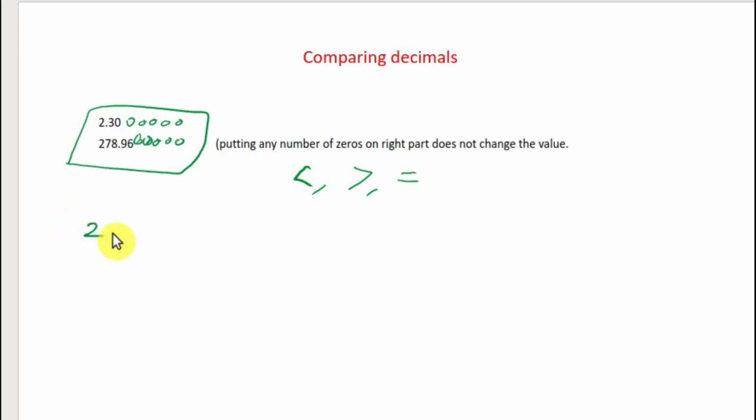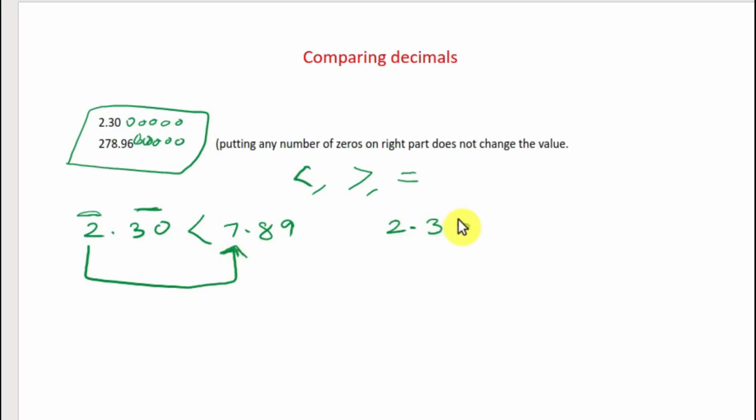For example, 2.30 and 7.89. When we are comparing these two decimals, I told you this is a whole part, this is a decimal part. First, we have to compare the whole part, 2 and 7. Which is largest? 7 is the largest, so this is the largest decimal. For example,